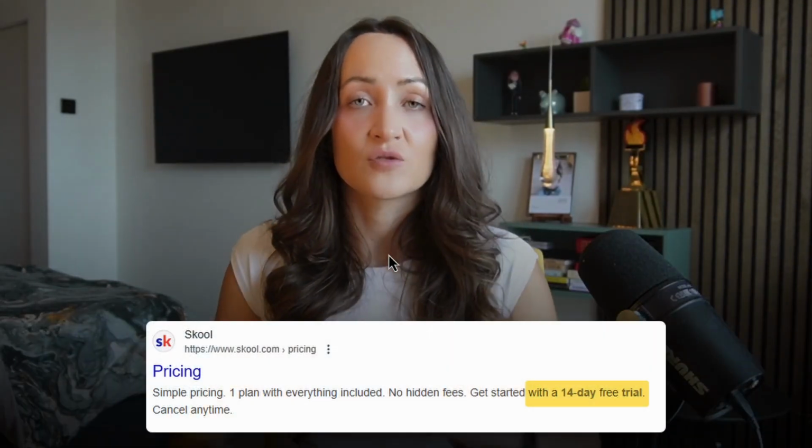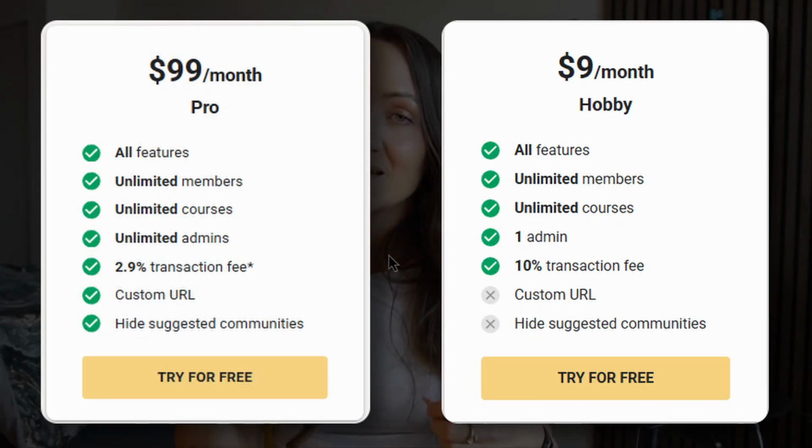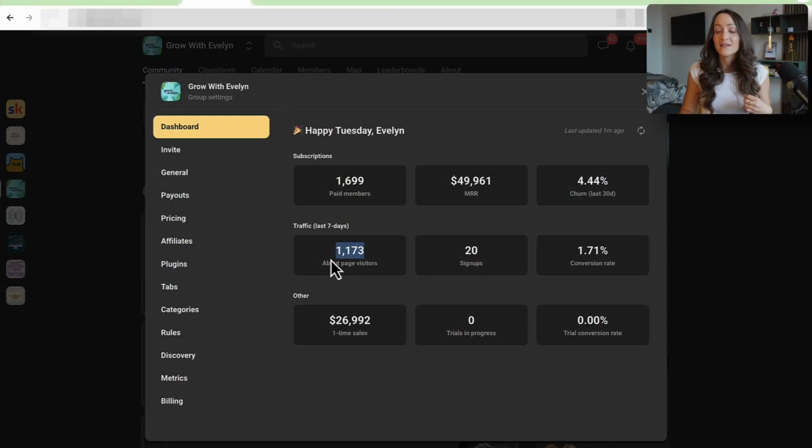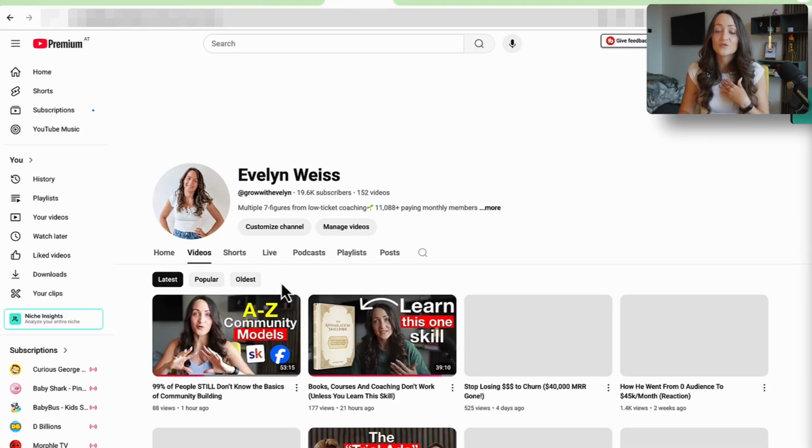Now, first things first, to run retargeting ads to your Skool community effectively, you need to have conversion tracking set up. And this, unfortunately, at the moment is only possible with a Pro Skool plan. So Skool has a 14-day free trial, and after that, it's $9 a month on the hobby plan and $99 a month on the Pro plan. The Pro plan is the one that comes with the Meta Pixel tracking. This is what allows you to set up conversion tracking, and you need that if you want to run retargeting ads. So unfortunately, this is needed, and then you need to set up the tracking, which is actually extremely simple,